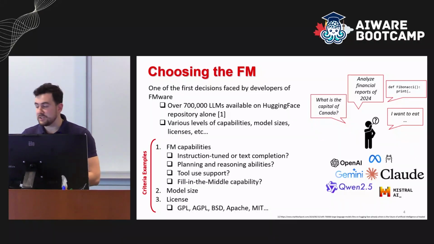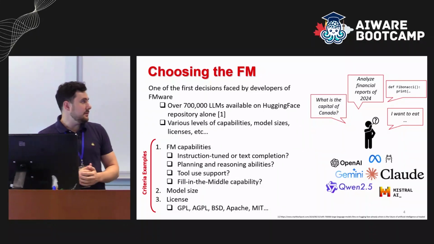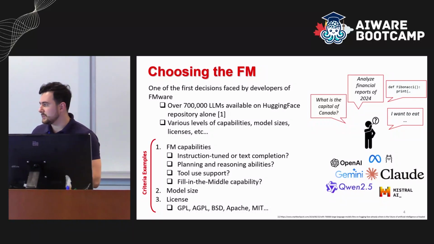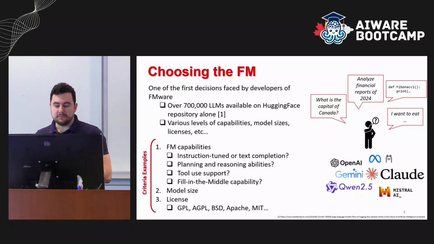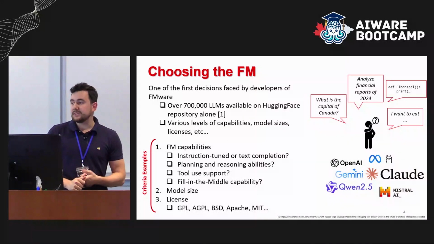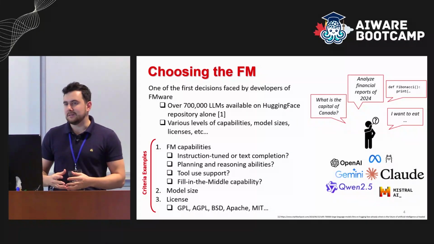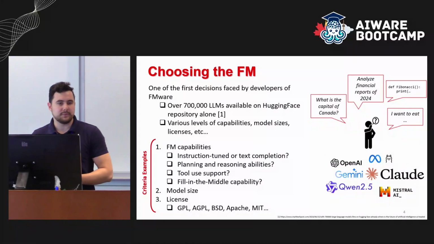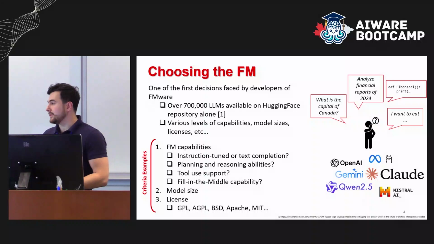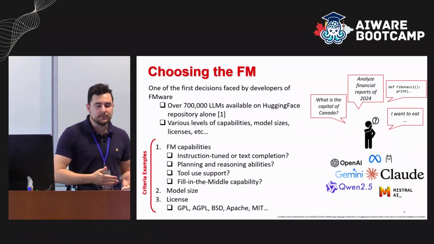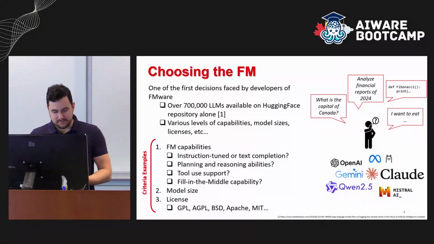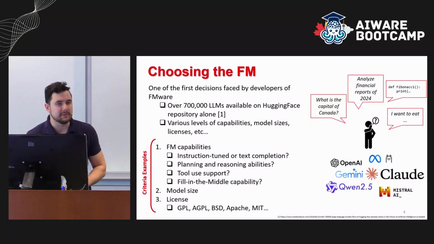One example of the things I just mentioned, on the left, is the FM capabilities. Instruction tuning is a specific thing that the model should be able to do. Some of them are not instruction tuned, they're just pre-trained. They have text completion. Plan and reasoning: the recent model from OpenAI, O1, is very good at reasoning. Compare that to, let's say, the first GPT 3.5, probably not so good. Tool use support has been on the rise. Being able to, for example, output things in a JSON format, or call for support of tool use in JSON format. And actually, this is a very good example here, fill in the middle capability.